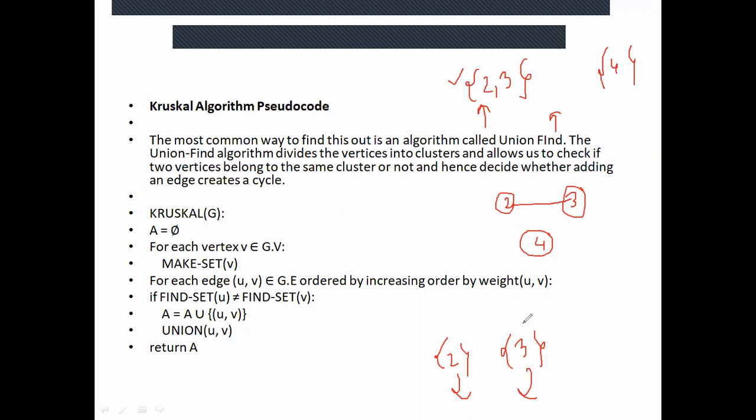You can add an edge only if they belong to different sets. Different sets means that if you add this edge, it won't create a cycle. So you added an edge. But now that they are connected, you take the union of these two sets and create one set. Now one set has two elements, 2 and 3, and another has 4.